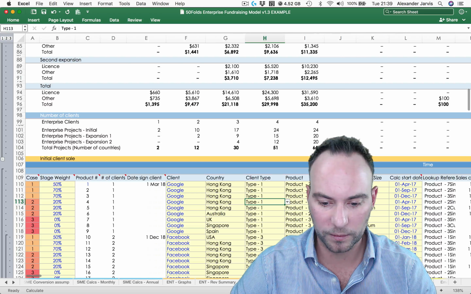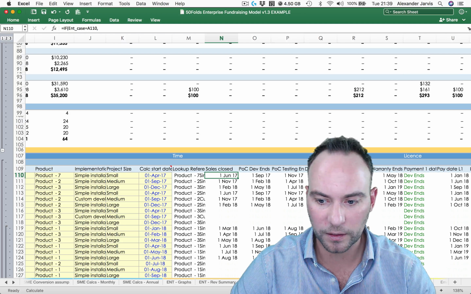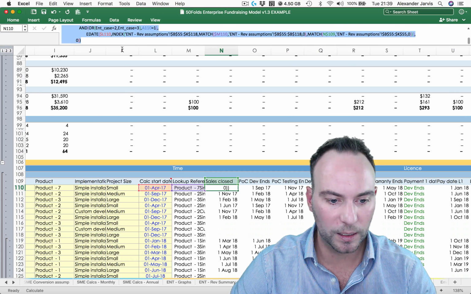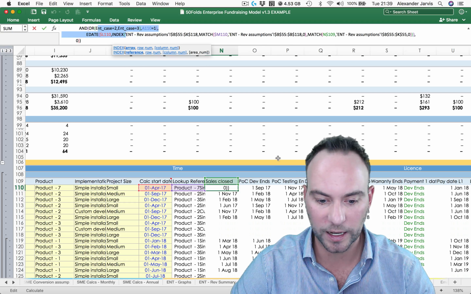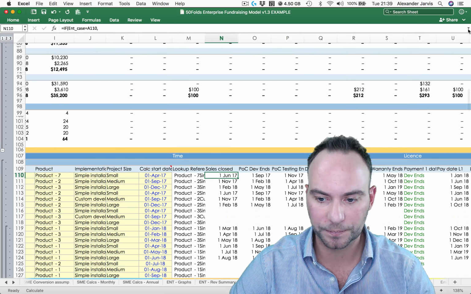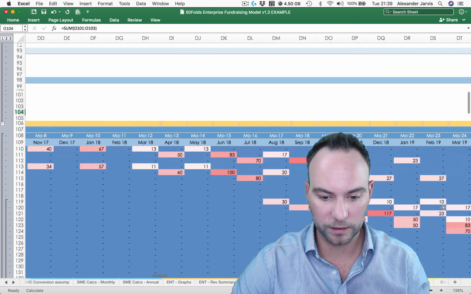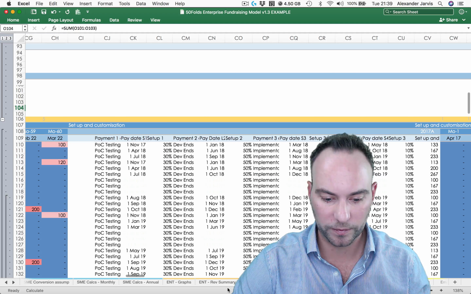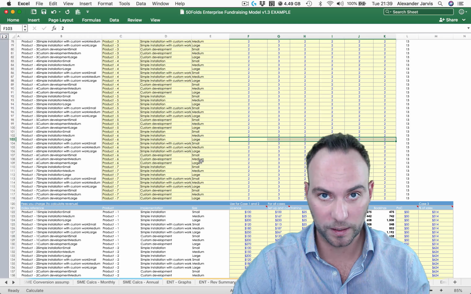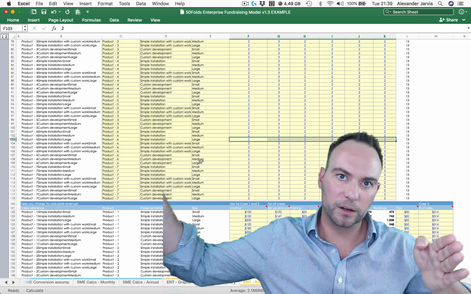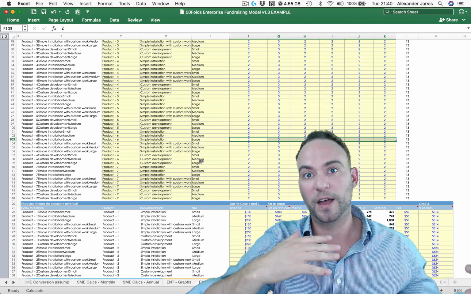So those things, if we look at, say, the license, right, are what affect this. And there's this crazy complicated formula here, which will pull the revenue assumptions and, depending on your cases, etc., take up the right dates. So this will happen for everything. These things will be driven off your revenue assumptions here. These will get pulled in, and they effectively stack up the dates. The model then looks at those dates and says, if that date is there and it matches the header, therefore pull out the value that you're looking for.